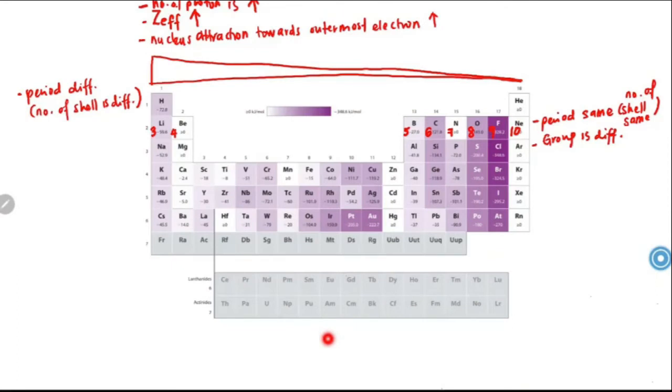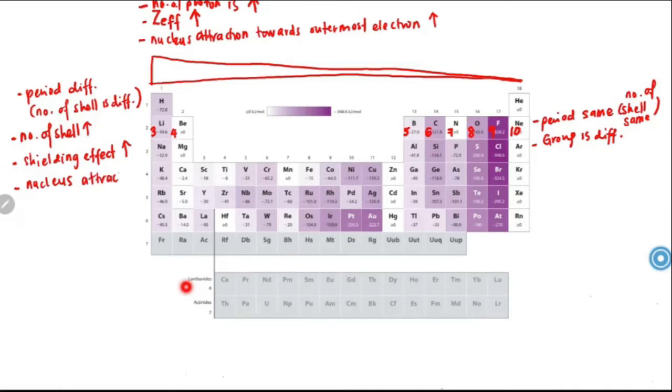So the trend of periodicity depends on which factor? Shielding effect or effective nuclear charge? Shielding effect. And the shielding effect depends on what factor? Number of shells. So how do you illustrate the number of shells for the elements from hydrogen until francium? Increase. So down a group, the number of shells increases, which means the shielding effect will increase. Therefore, the nucleus attraction towards the outermost electron